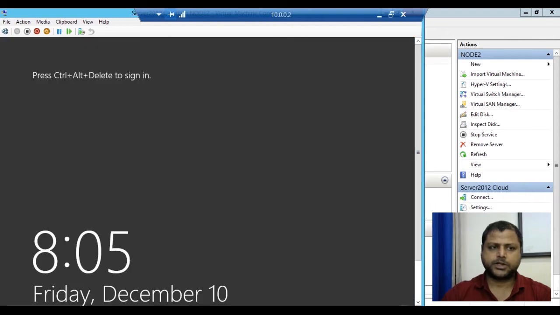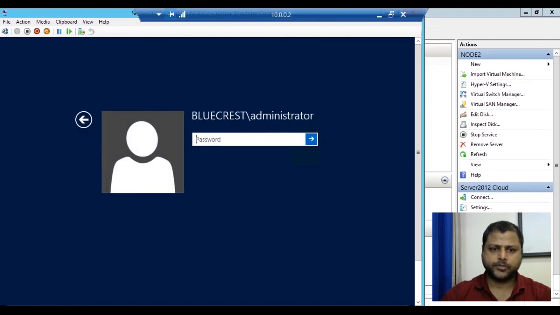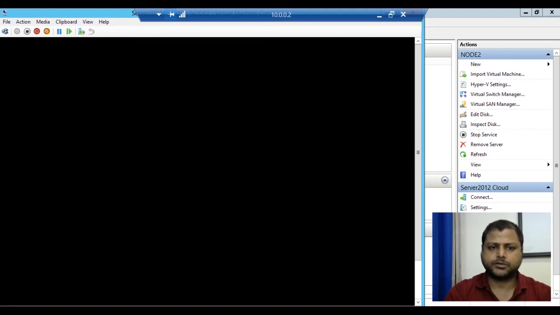The system is ready, so we'll log in. We will provide the credential: bluecrest\administrator, and we'll put the password. The password is done, and the system is logging in.